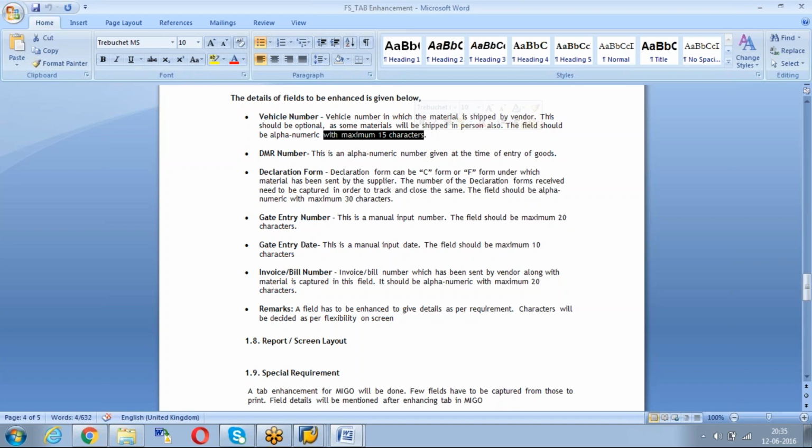Today maybe it is a 10 character number, but maybe some other vehicle has 15 digits. After 5 or 6 months, that vehicle has come, the storekeeper has given that vehicle number during MIGO, but when he is seeing that